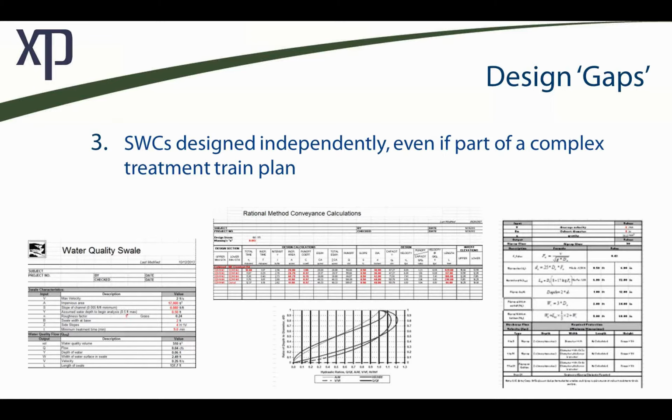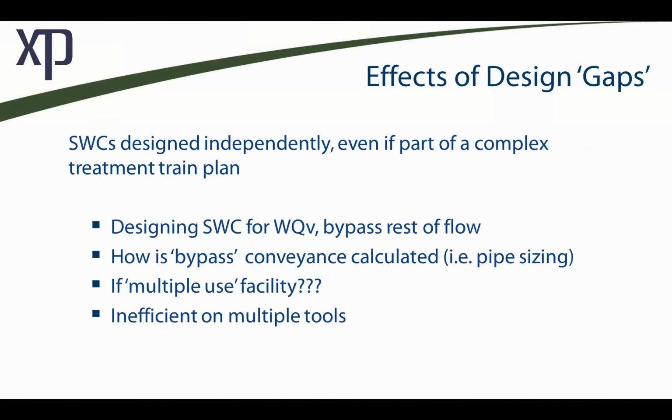Okay, the third item here. Following suit a bit with simplified catchments, we have simplified stormwater controls. So we can see here we have these Excel design tools for individual facilities. But, okay, we have a design tool, let's say for a water quality volume event. So we're going to design a single facility for just the water quality volume. Okay, so this facility is so big that it can retain this amount of volume. But then we bypass the rest of the flow,